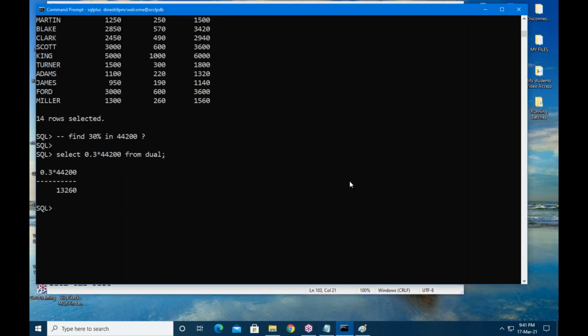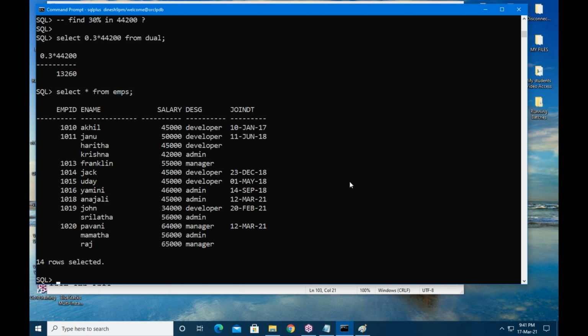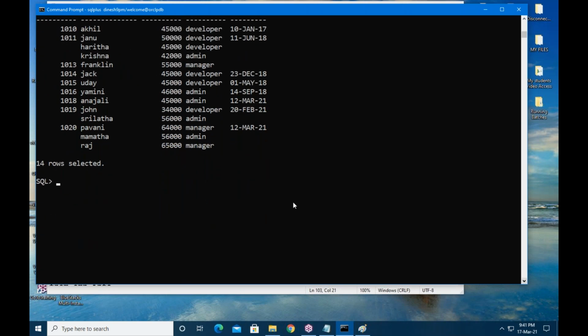Come to here. Select star from EMPS. This is your old table. I want to display details of the employee with the ID 1020.